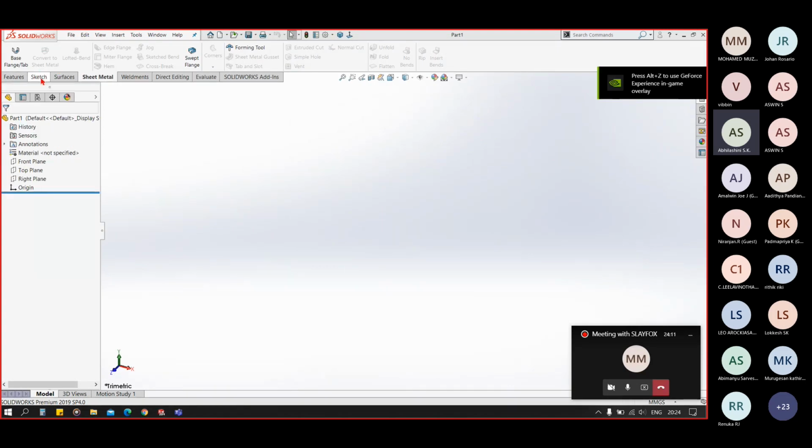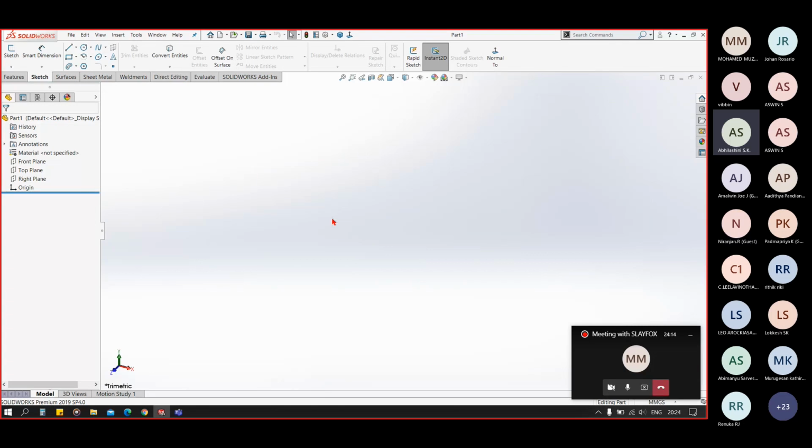So in the sketch, you see we have the sketch starting option here. Sketch. We have smart dimension. We have geometries. We have some modification functions, and these are some relational and other options.